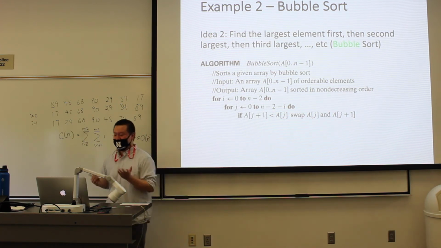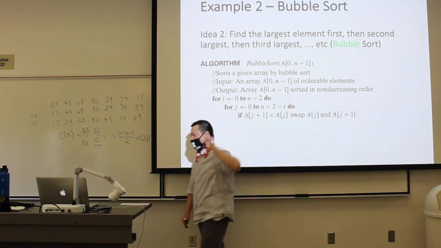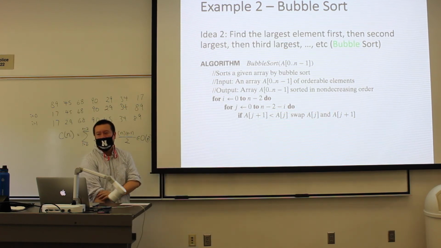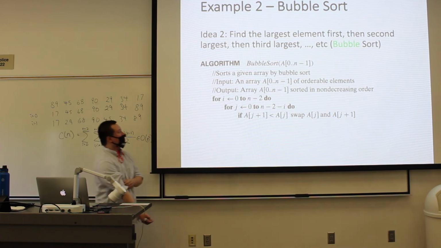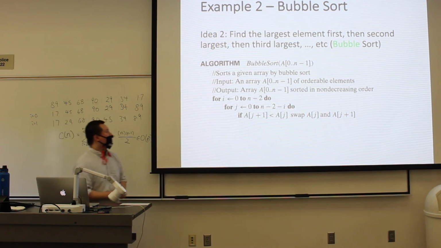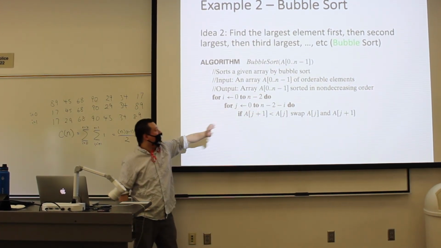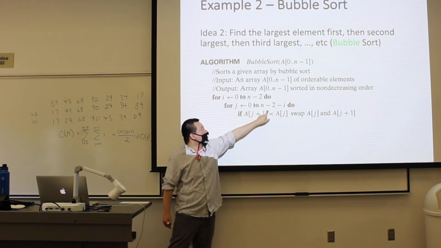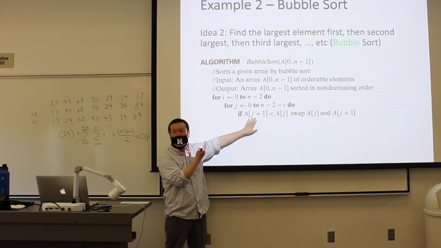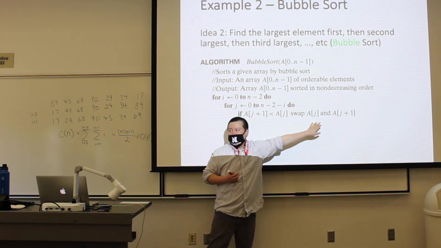Okay. So here, what is bubble sort? Bubble sort takes an input of an array of size n, and you want to do some operation to this array so that you have the numbers sorted in non-decreasing order. So what is happening here? The algorithm loops i from 0 to n minus 2, and then j from 0 to n minus 2 minus i. And then it's going to compare pairwise, and swap a[j] and a[j plus 1]